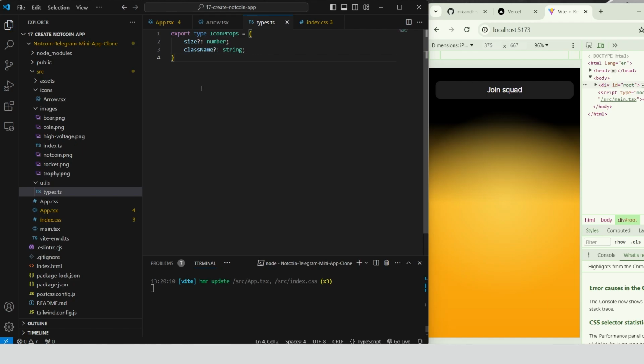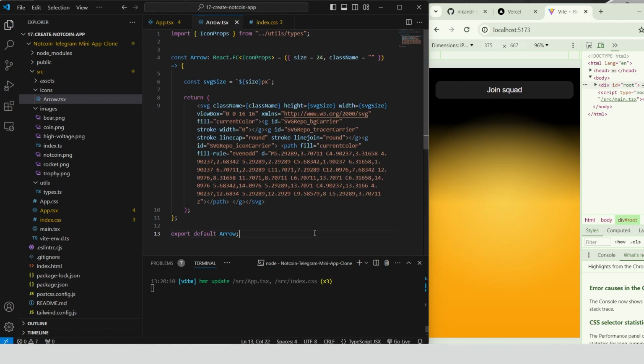Go back to arrow.tsx, define a functional component Arrow that takes IconProps as its props. The size prop has a default value of 24 and the className prop has a default value of an empty string. Inside the component, we set the svgSize variable to the string size px to define the size